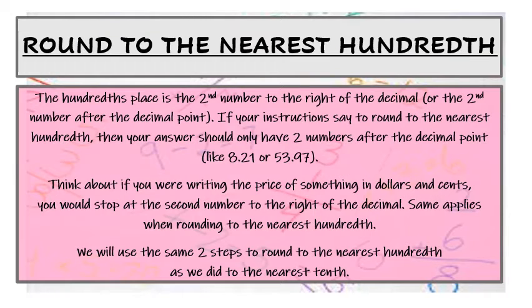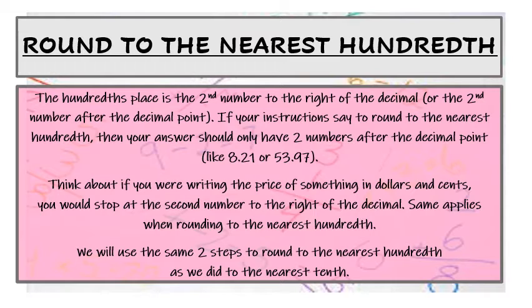Round to the nearest hundredth. So when we're rounding to the nearest hundredth, same thing, only it's a different place value. The hundredths place is the second place value to the right of the decimal. So the second number to the right of your decimal is going to be the number in the hundredths place. If your instructions tell you to round to the nearest hundredth, then your answer should only have 2 numbers after